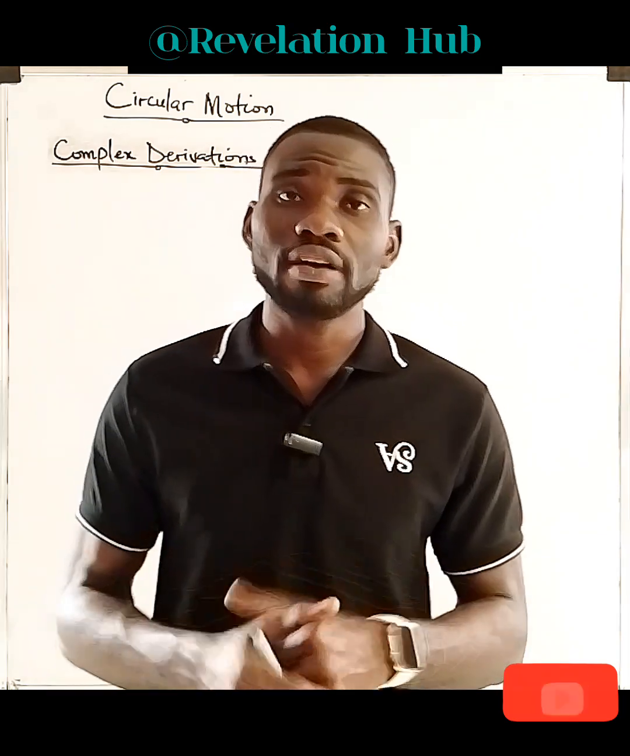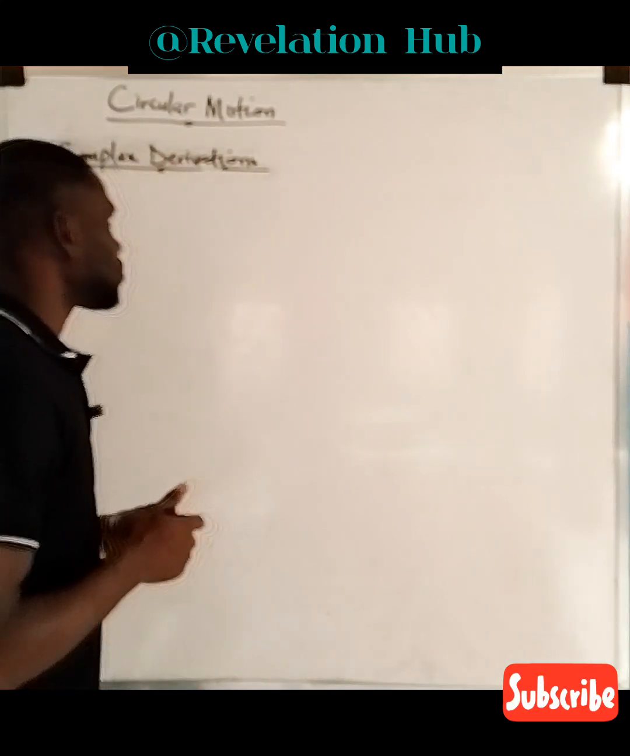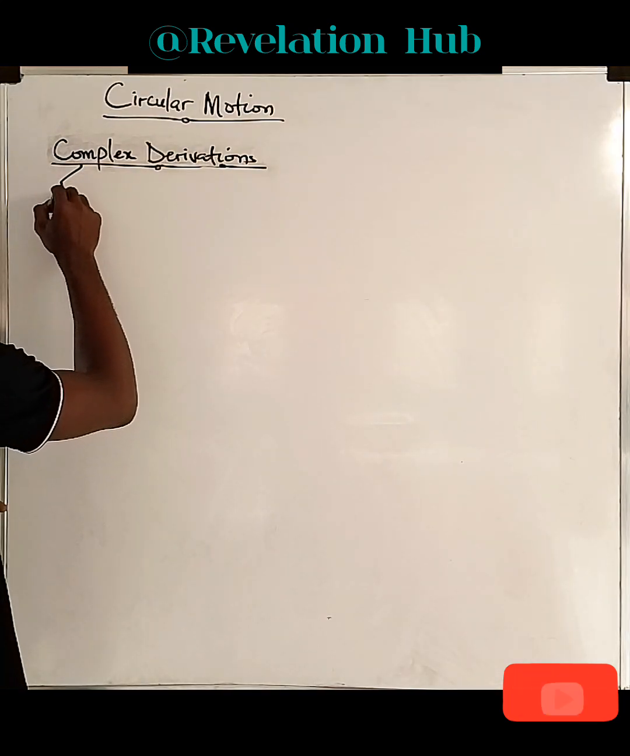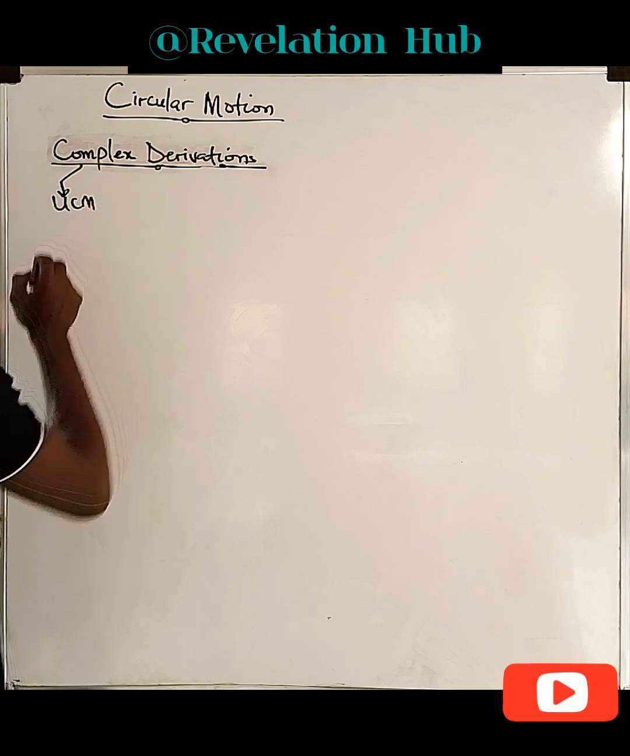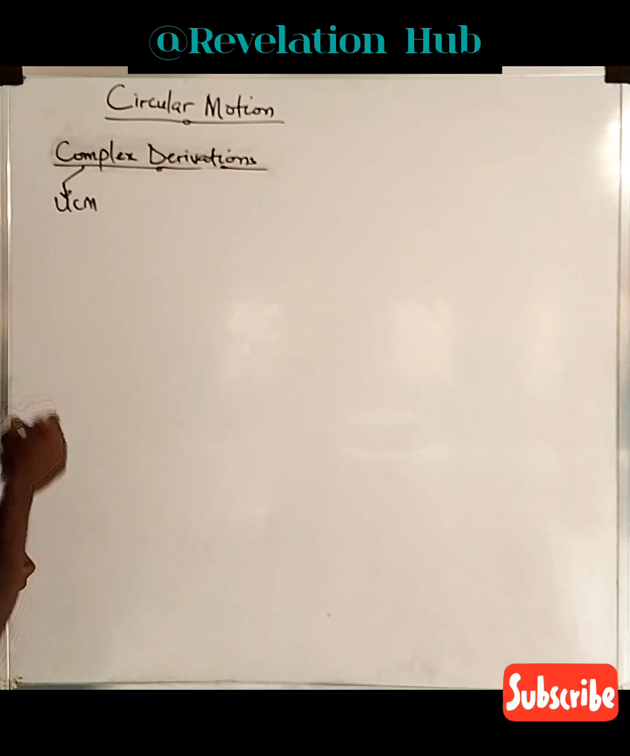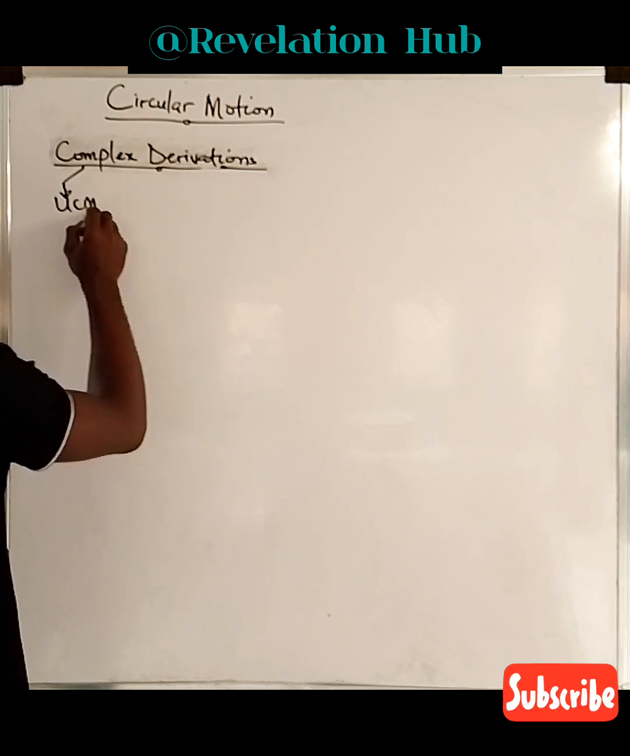Today we're going to be looking at a couple of complex formulas on circular motion. So now look at what we're going to be dealing with. Today we are mainly talking about uniform circular motion, UCM. We're not discussing non-uniform circular motion. We're only discussing uniform circular motion. So under uniform circular motion, we're going to be talking about